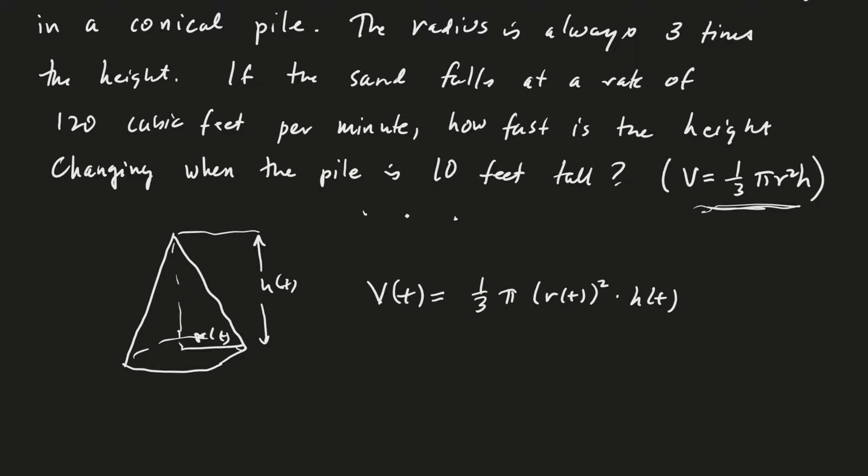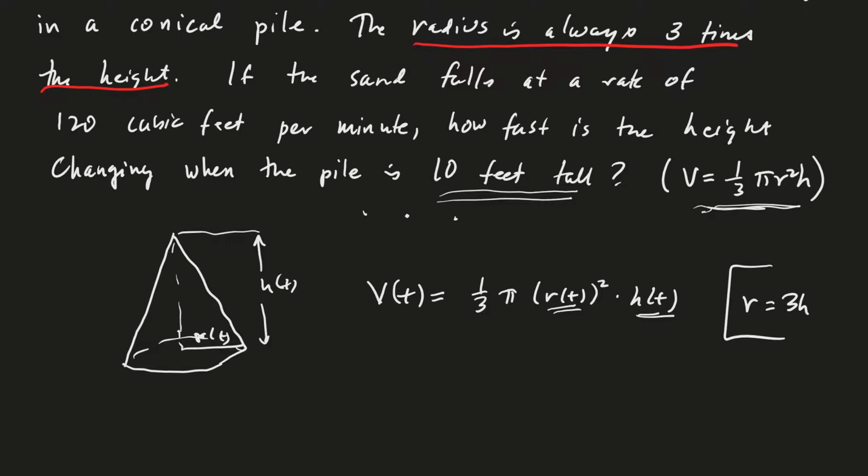One thing we do notice here is that we actually have two functions. Can we simplify this a little bit? I think we can with what's given, because the radius is always 3 times the height. So do we want our volume in terms of the radius, or in terms of the height? I think we want it in terms of the height, because we're asked to find the rate when the height is 10. So let's rewrite that. I'm going to write the radius in terms of the height. I know that the radius is 3 times h,